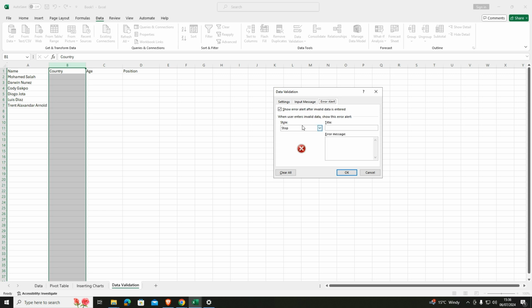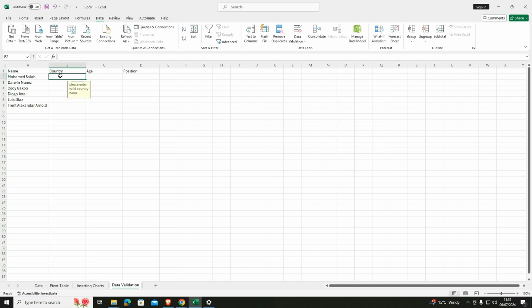Error Alert, here Stop. We have 3: Stop, Warning, Information. Invalid entry. If we choose Stop, it won't allow us to enter the data. Click on OK. See, please enter Egypt. Now if I type 12, okay, Egypt, just Egypt, then